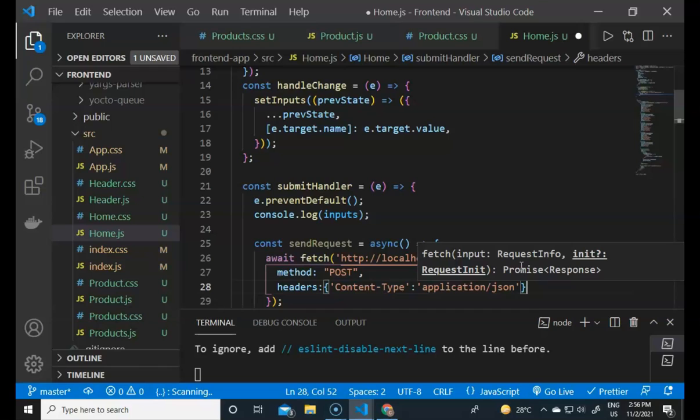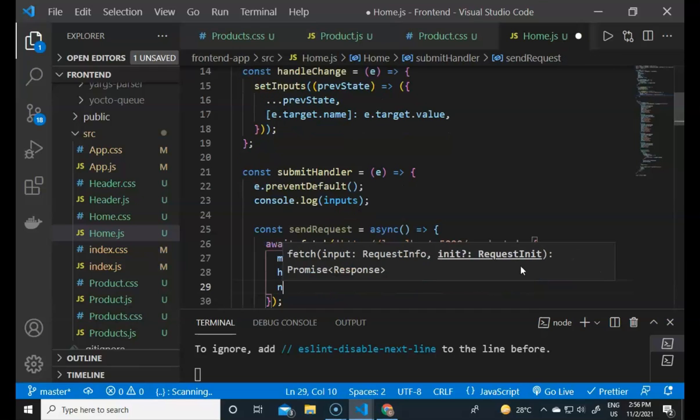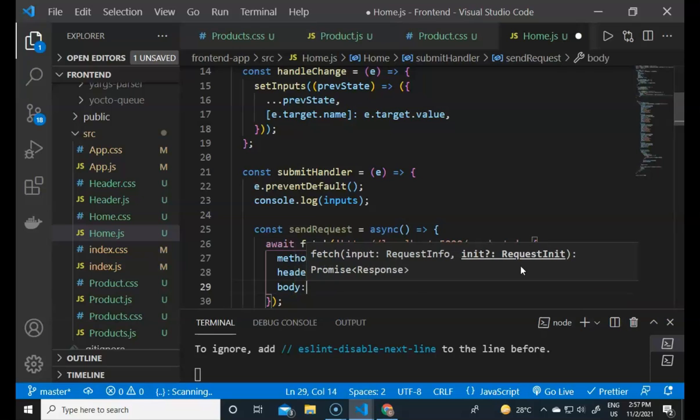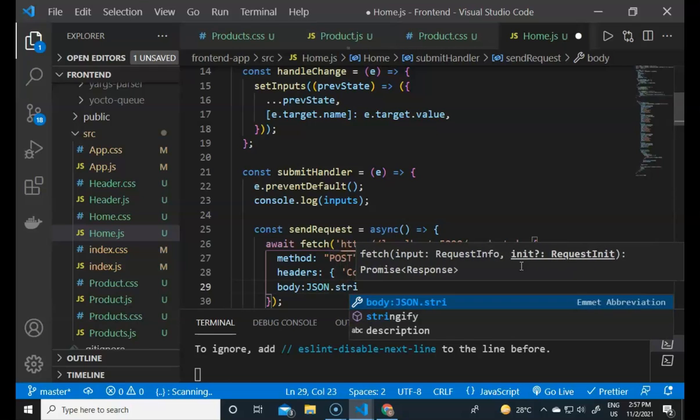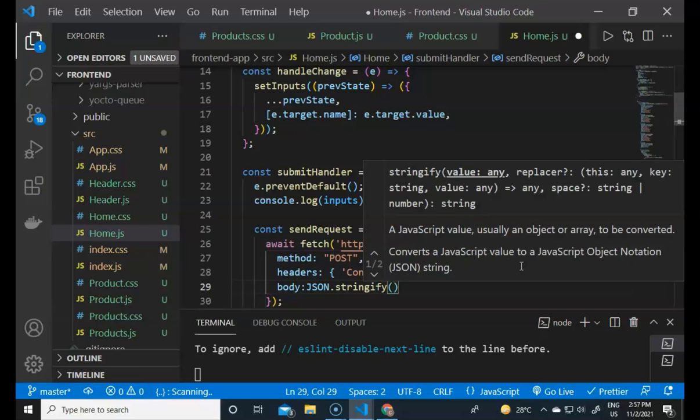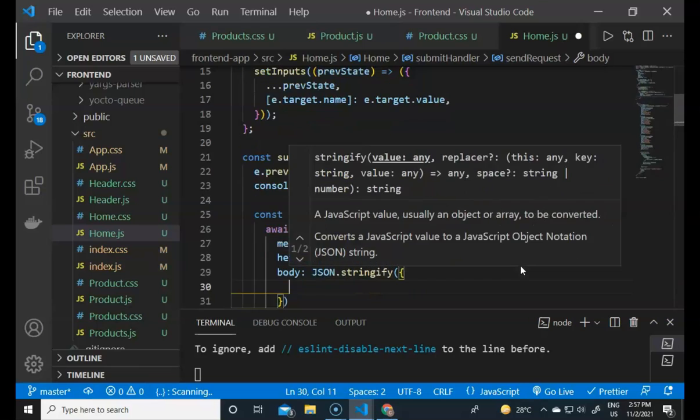Then we define the body, which will contain the data we have got in the input fields. We have to stringify the data to JSON, so we use JSON.stringify, which stringifies all of the object properties and values, and it will contain an object again.